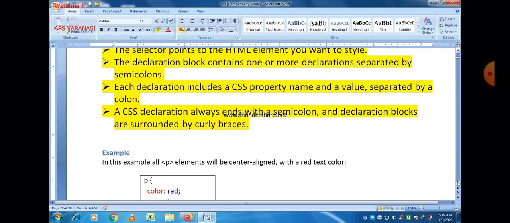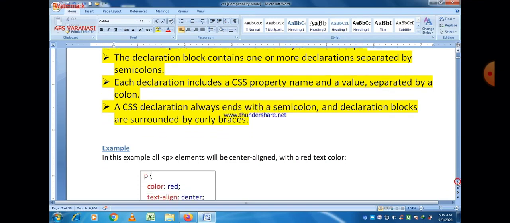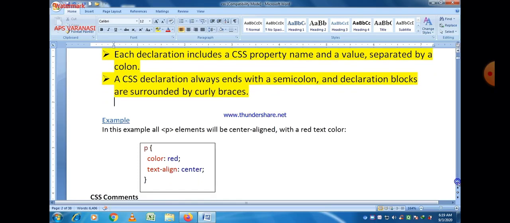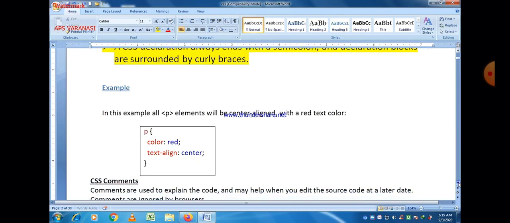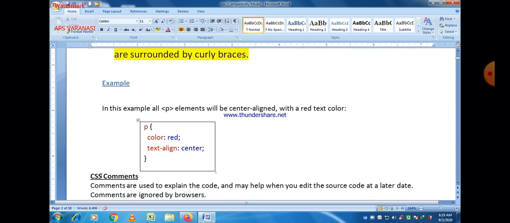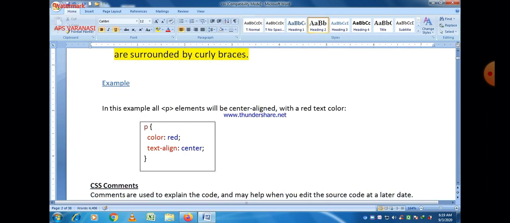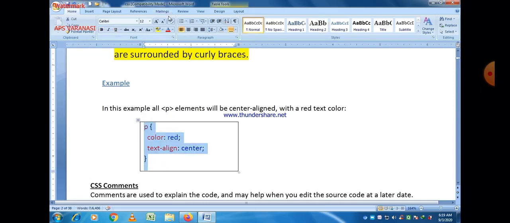Now let us take an example again. You can easily see that. If I want to find out the name of the selector, the name of the selector is p, that is the paragraph tag. Within the curly braces we just write color red and text-align center, where color and text-align are the properties or attributes, and after the colon sign, red and center are the values, and all these property value combinations are separated by a semicolon sign.